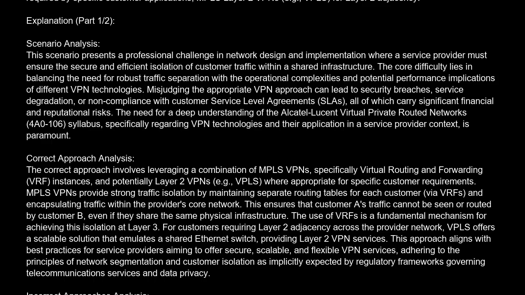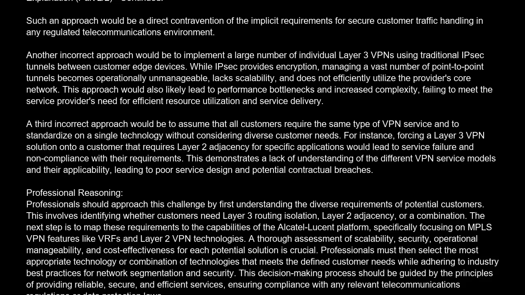Incorrect approaches analysis. One incorrect approach would be to rely solely on basic IP routing without any form of VPN segmentation. This would fail to provide any traffic isolation between customers, creating a significant security risk and violating the fundamental principle of a private network. Such an approach would be a direct contravention of the implicit requirements for secure customer traffic handling in any regulated